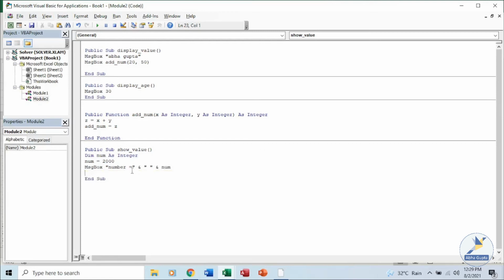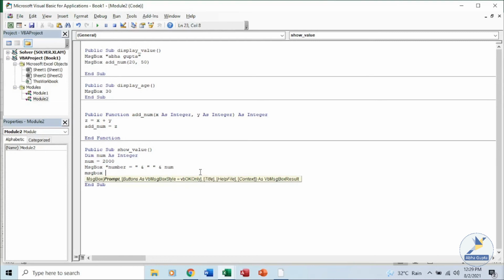In the message box, number will be shown to us as 2000. Then once it is done, let's call our add function over here, to see what happens when we pass a value by reference and by value.